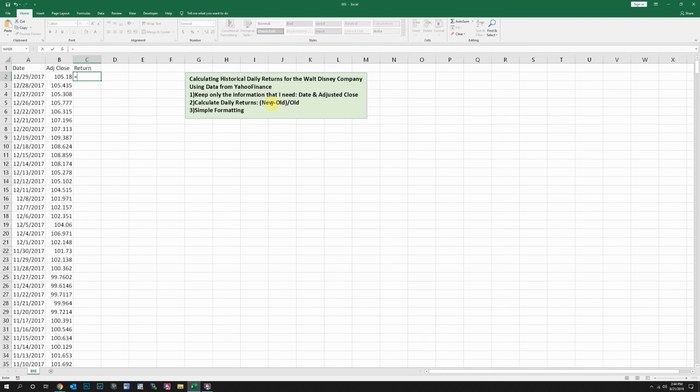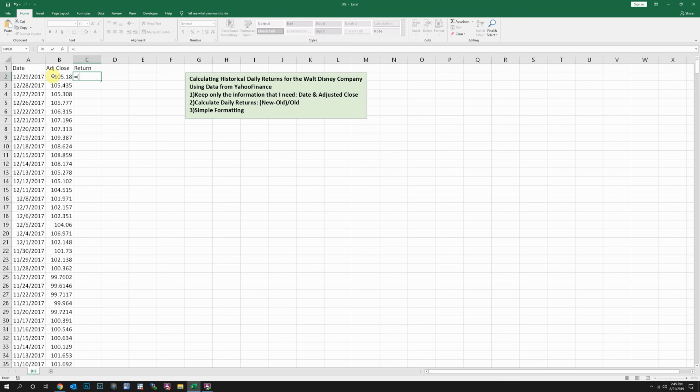Lastly, when I'm putting in this formula, you want to make sure to include these parentheses. The reason for this is you want to make sure Excel follows the proper order of operations. So you want to subtract the old price from the new price prior to dividing by the old price. So there are a couple other formulas or variations of this formula that could be used. We're just sticking with this one because I think it's the most simple and most straightforward to see what's happening. So open parentheses, we have our equal sign, hey Excel, I'm doing a formula, open parentheses for this